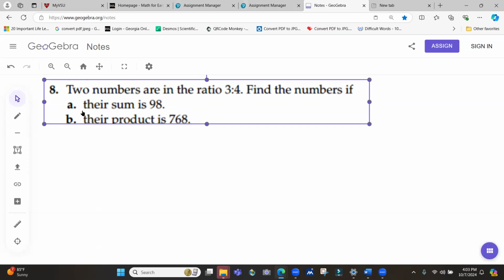Okay, I can do part A visually, and part B, I don't know how to do it visually. I actually do, but it's very messy. I'm just going to do it algebraically. In this course, we also do algebra, and the next chapter that we will start will be algebra. So it's not a bad way to kind of gradually ease into algebra. So guys, my numbers, the two numbers